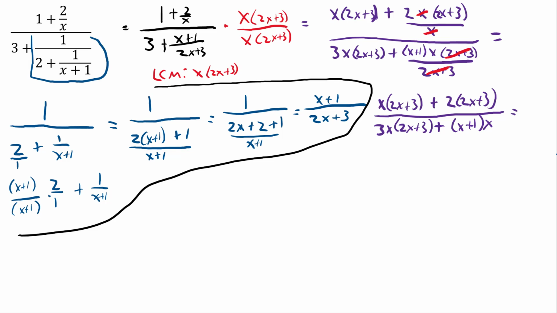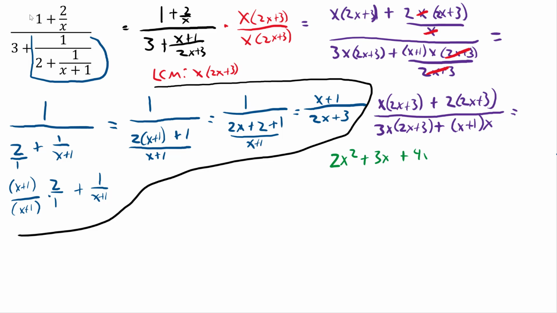Alright, so let's just distribute the x through this top part, same with the 2's and so forth, and going forward with this. So we'll do this in a different color here. Let's go with a green. Alright, so on the top there, we should have 2x squared plus 3x